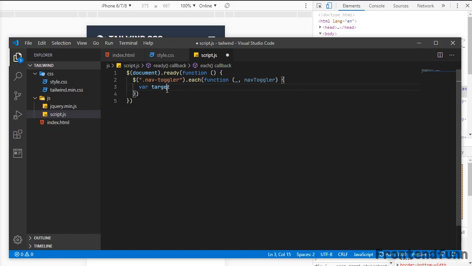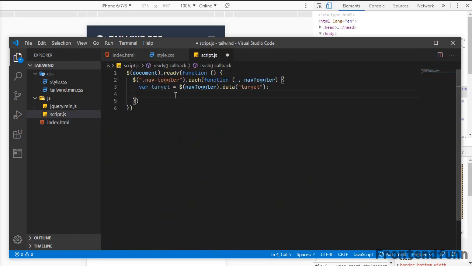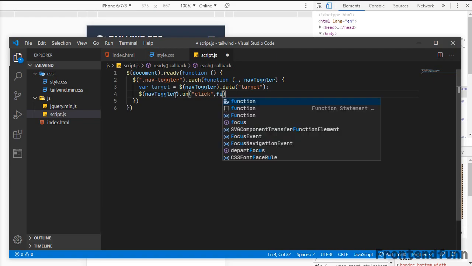First I need to find the target. So target is equal to navToggler.data('target'). So I will be getting the target mentioned in the data-target value. Okay. Next what I need to do is navToggler.on('click'). So I need to register an on click handler here.